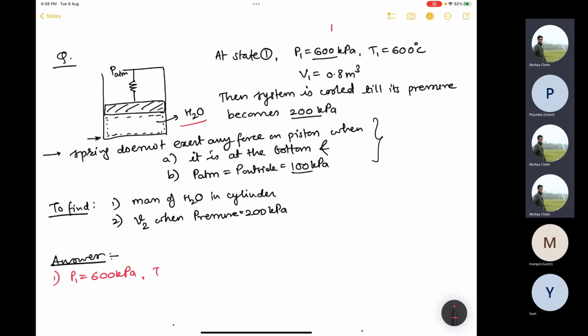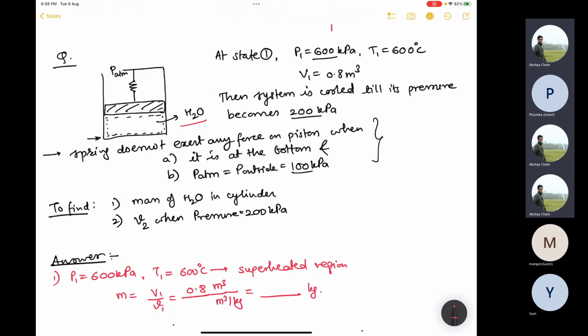Anyway, let's say if I write it down, if T1 is 600 degrees Celsius, no need to write V1, we'll use it later. So this is a superheated region. Definitely you can cross check from your own steam table. So in this case, to calculate mass, essentially you have volume, which is 0.8. So what you need is a specific volume. So if you divide 0.8 by that value, which will be in meter cube per kg, you'll get your mass